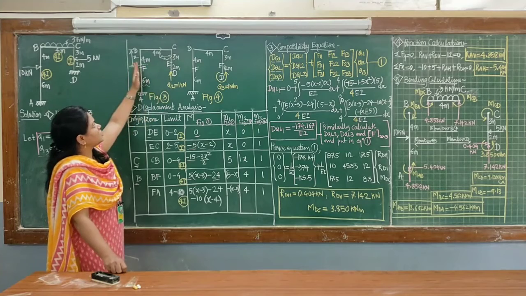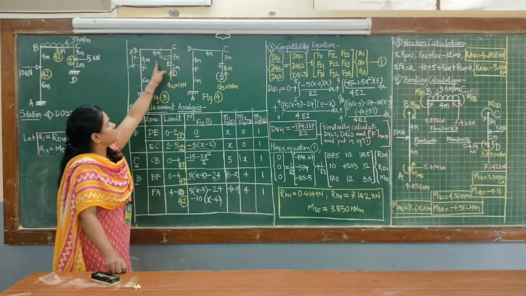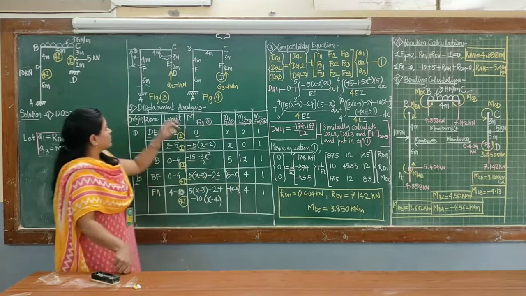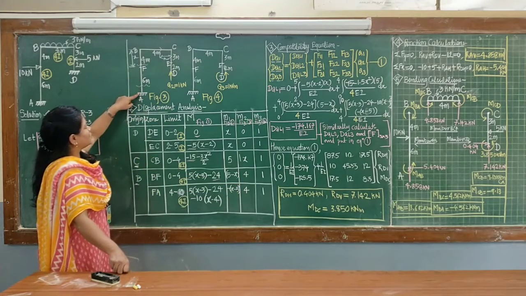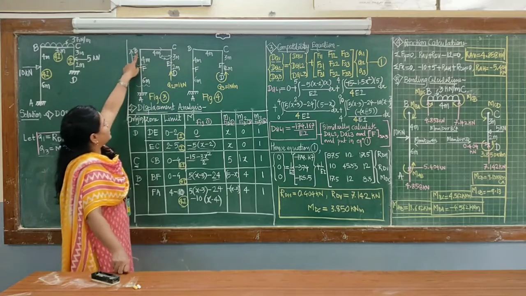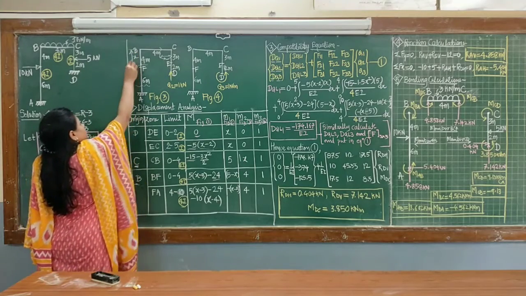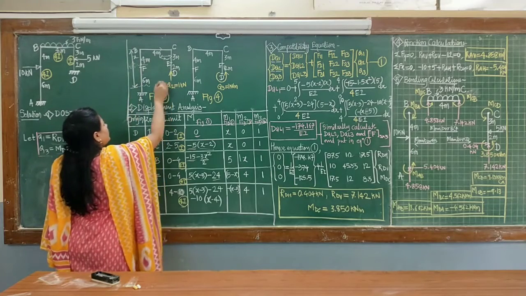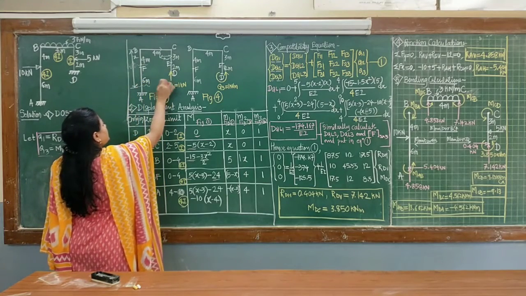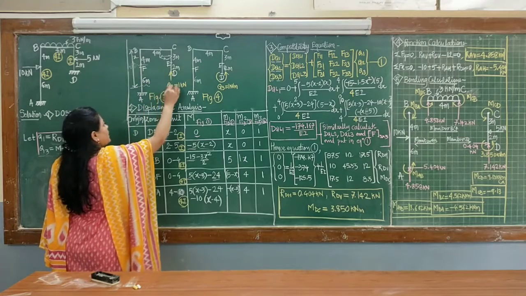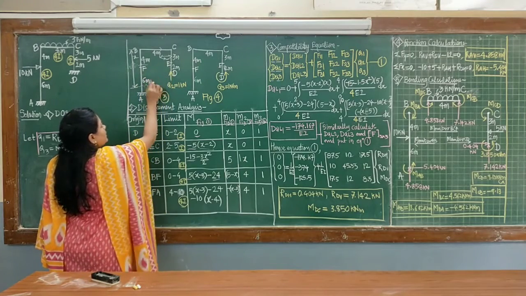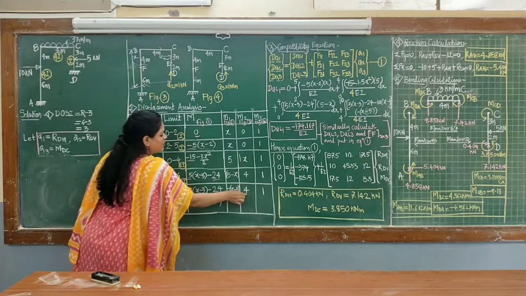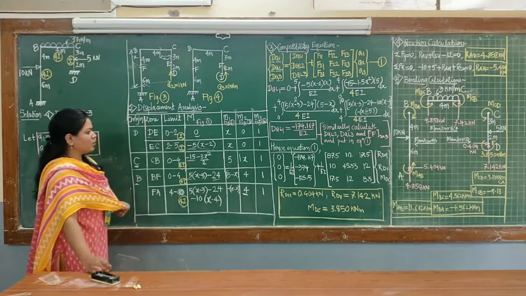Force is here, section is here, and the perpendicular distance between them is 4 meters. So 1 into 4. And last in the FA zone, the section is at a distance x measured from point B. Now in this section, FA zone, 1 into this perpendicular distance, it will act about this point in an anti-clockwise direction. So 1 into the perpendicular distance between them, that is 4 meters. So here 4 kilonewton meter is the moment.